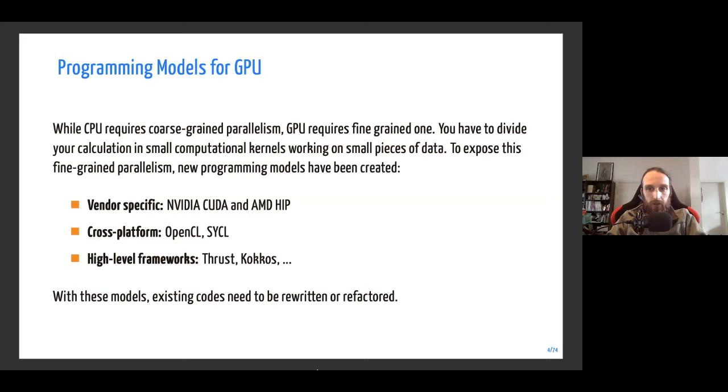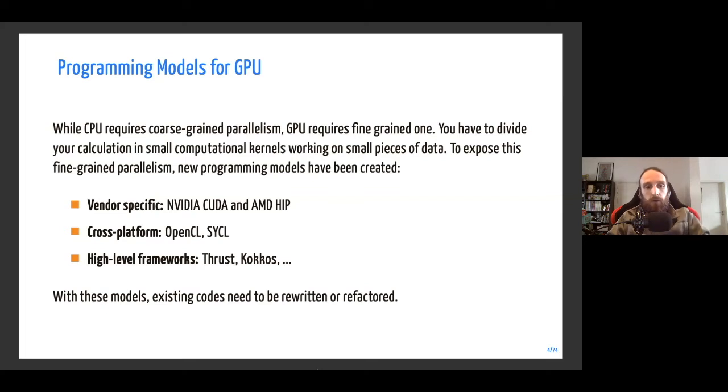the vendors have created a new programming model. Of course, you have vendor-specific models like NVIDIA CUDA or AMD HIP. Then you have more open platform systems like OpenCL or SYCL.